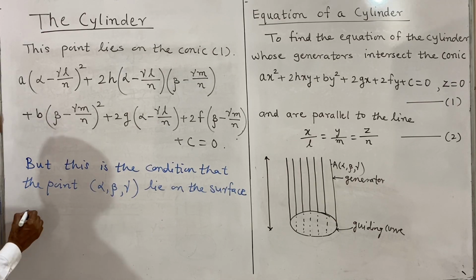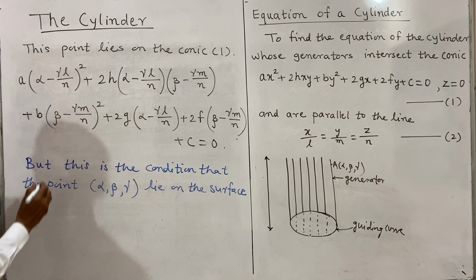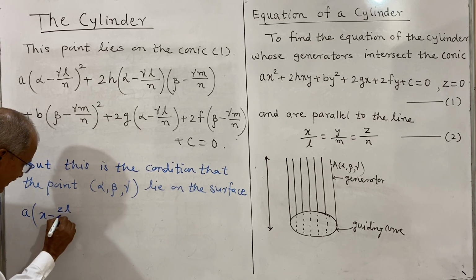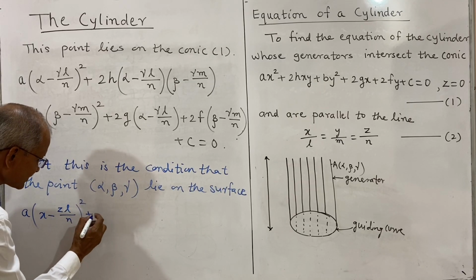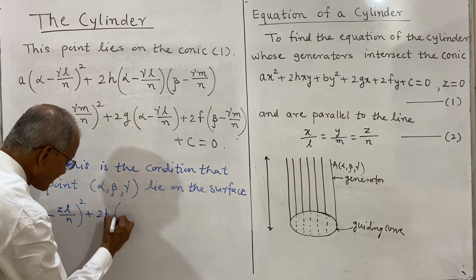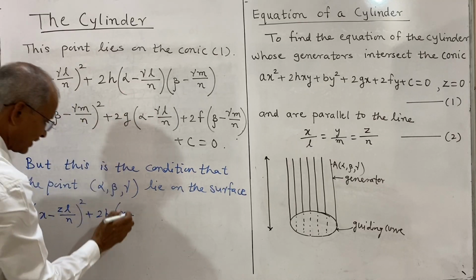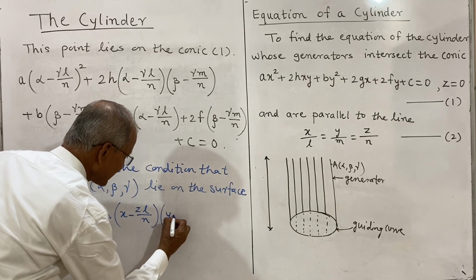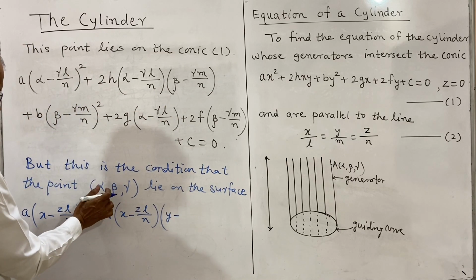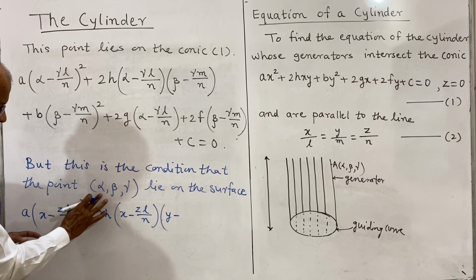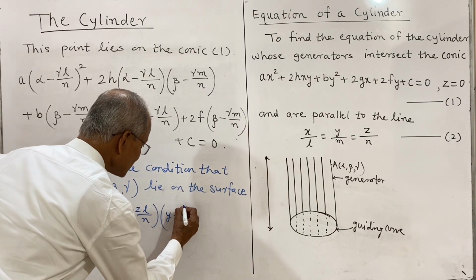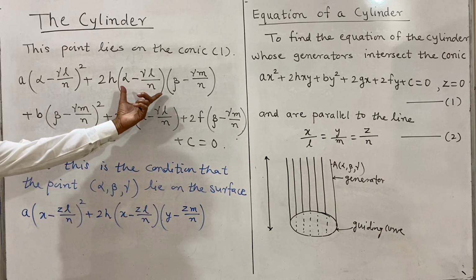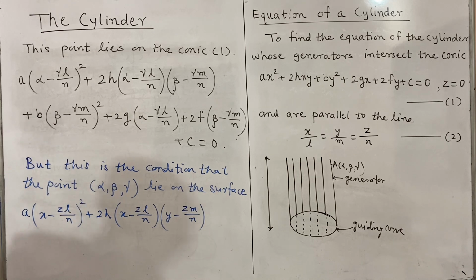So the surface will be a into bracket x minus zl divided by n whole square, plus 2h into (x minus zl divided by n) into (y minus zm divided by n), this is 2h into these two terms,